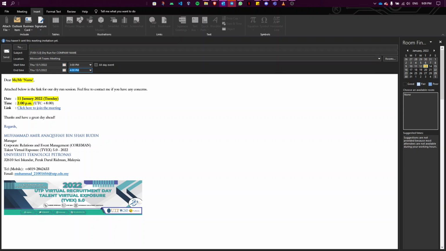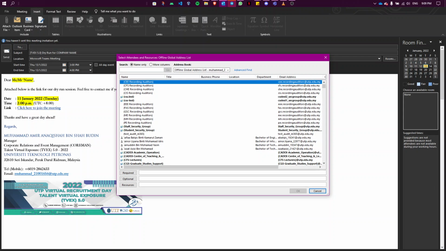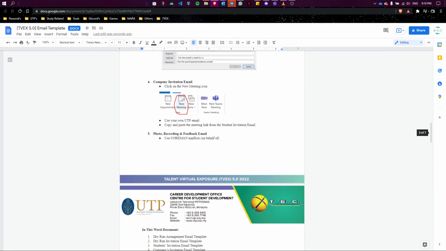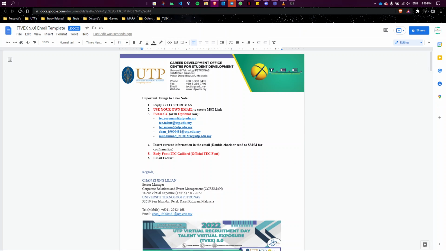And once you've done that, go to 2. This is the most important thing that you have to do, which is the required will be the speaker's email. The optional, you can find it here. Go top, and this is the optional. Copy everything